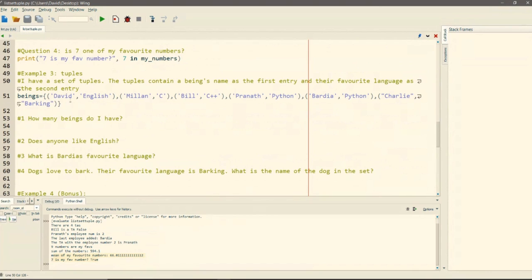So we look. My favorite language happens to be English. Who would have guessed? It's actually my first language. A little bit of David trivia out there. So Millen, well, his favorite is C. I don't know why he would pick English. I don't know if this is true, I just made this up. I do like C. You might be the only one. Oh, I guess I'm the only one that sees the beauty in C. You see?